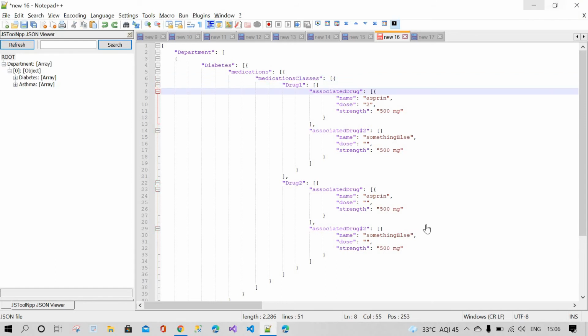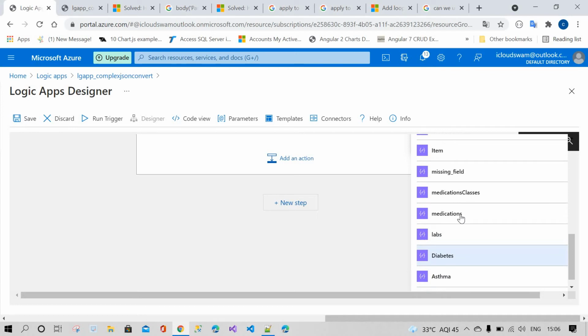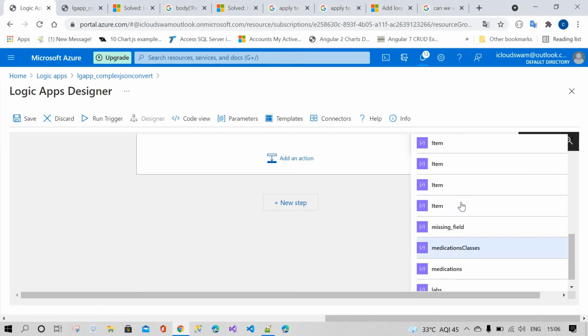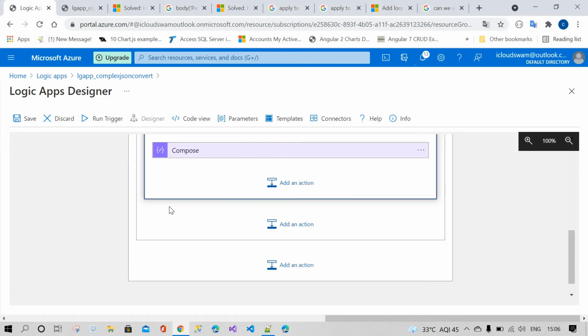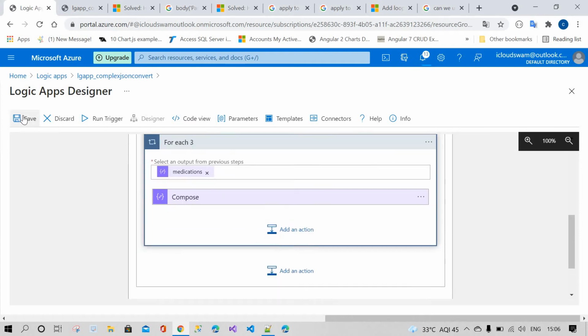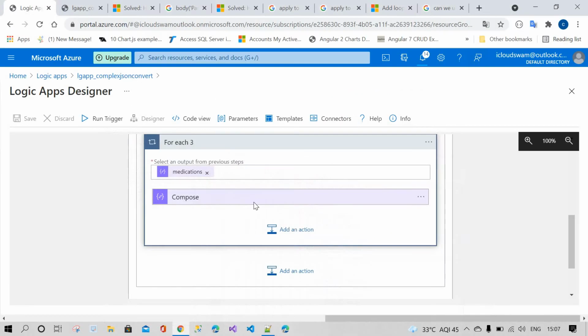Please select that medication classes. Now we will check whether we get the data or not. We are supposed to get the data under the medication classes, the drug 1 and drug 2 data.